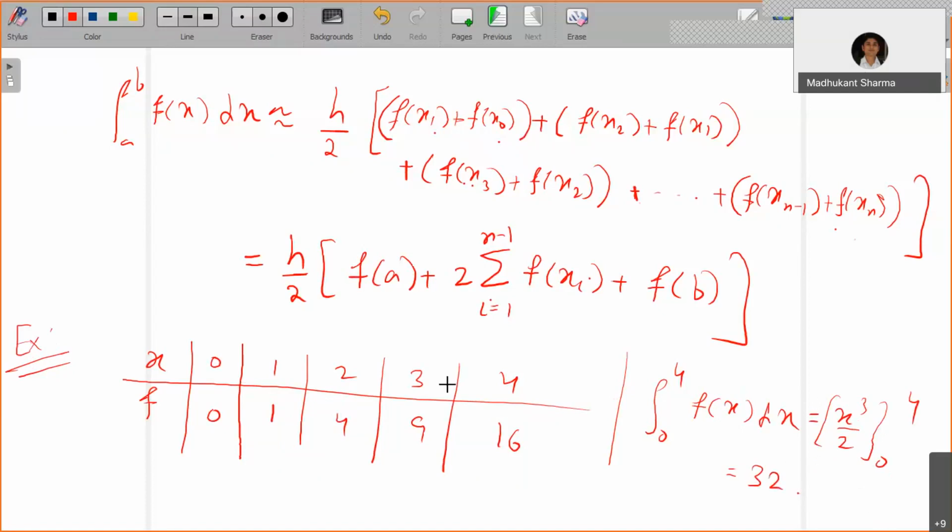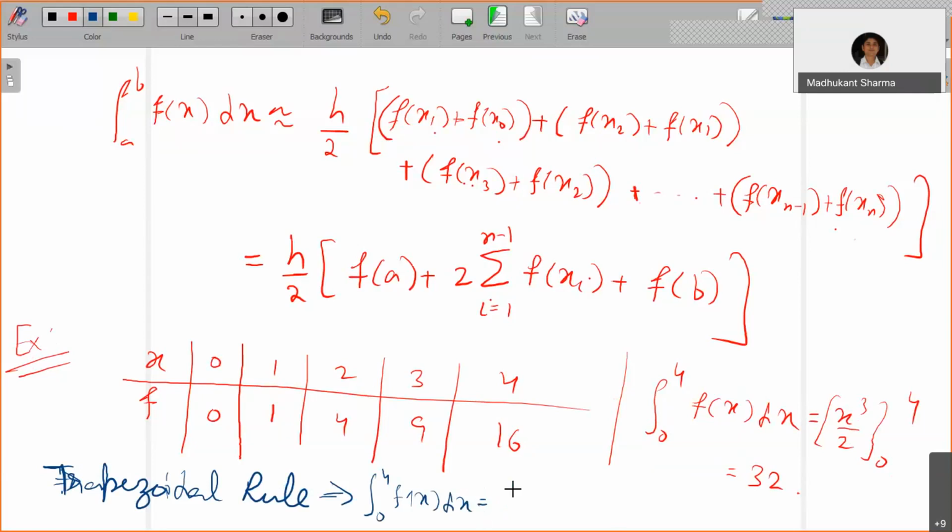Now if I wish to approximate by the above formula, this will imply the trapezoidal rule: integration 0 to 4 f of x dx is equal to, h here is equidistant, so h is equal to 1. So 1 by 2 times